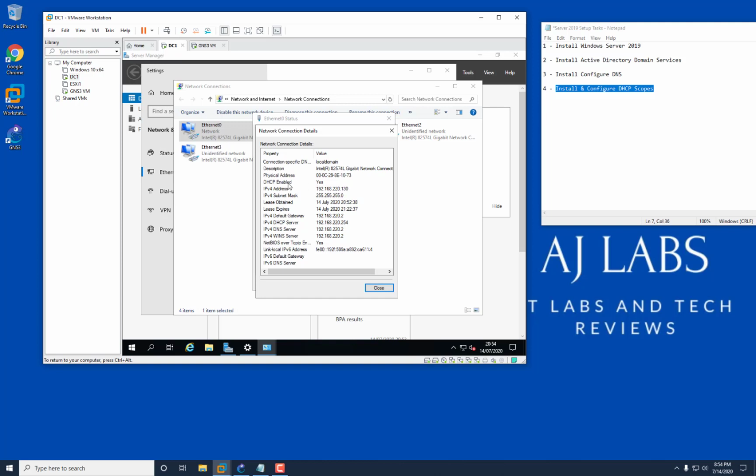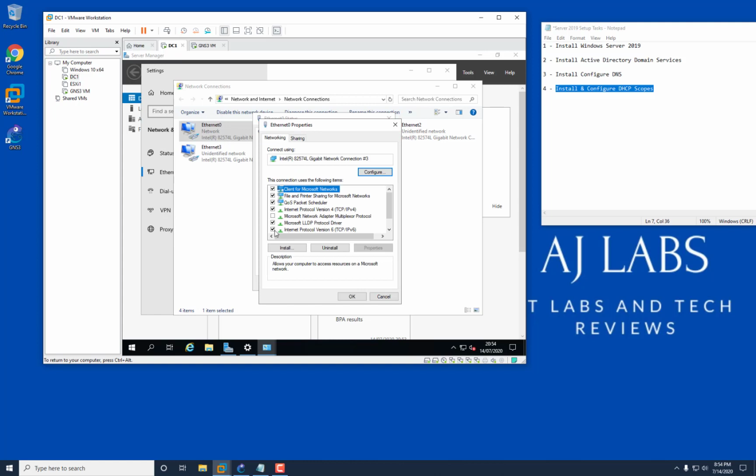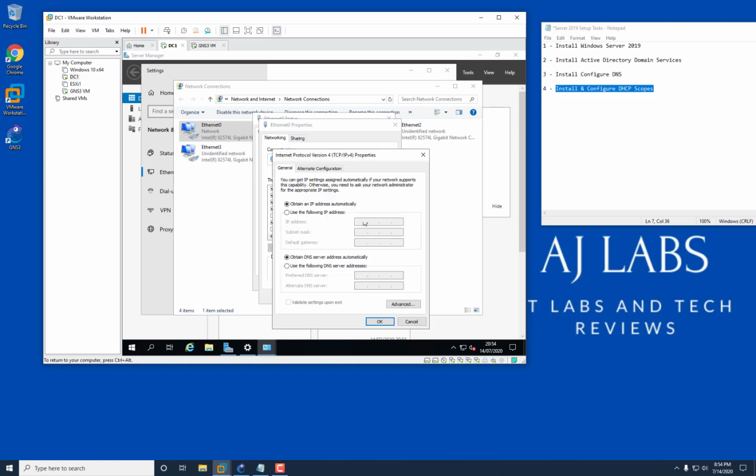So what I will do is take these details and install that and get that set up manually. So I'll click on properties. I'm going to disable IPv6 because I'm not using that. I'm going to click on IPv4 and I'm going to say properties, and then here I shall type in the